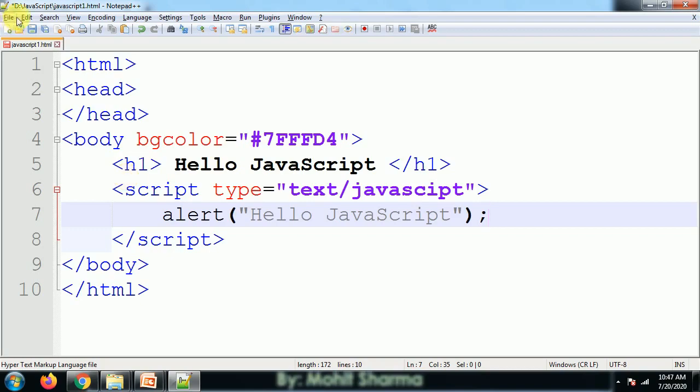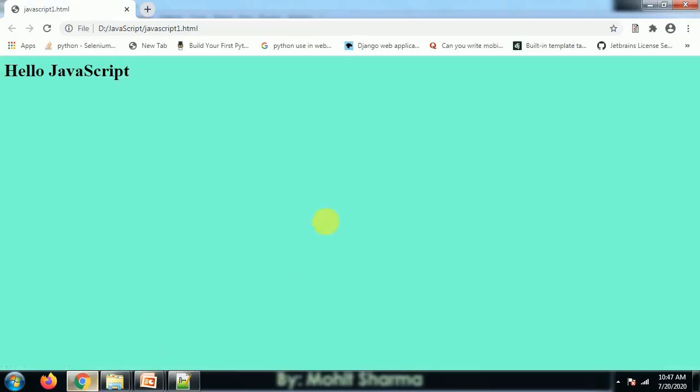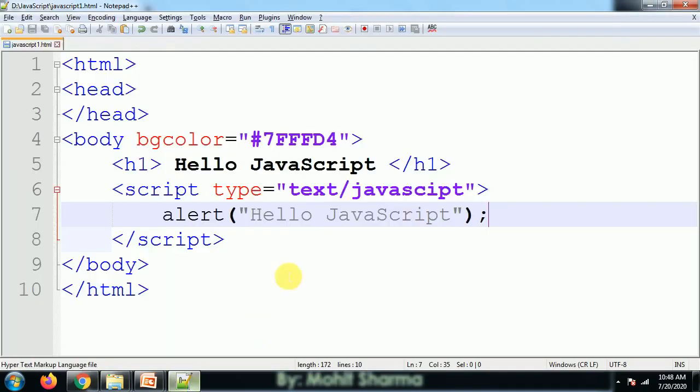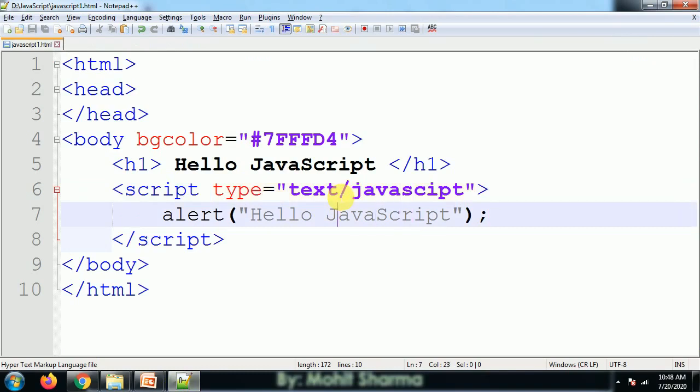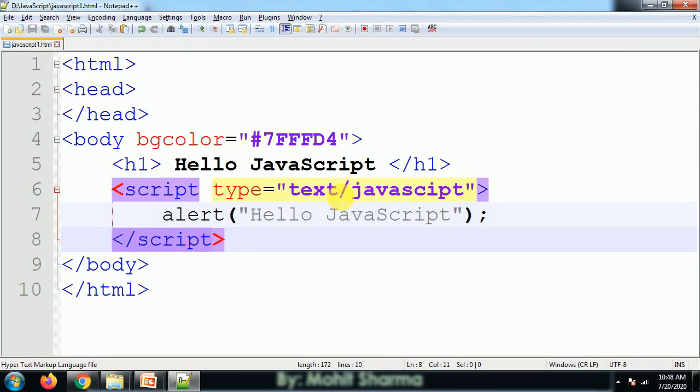So let's start. Save the file, and I refresh it. As I refresh it, an alert message is not showing. What's the reason? Let me check. The type is text/javascript, alert is there, and I'm using it inside the body tag.